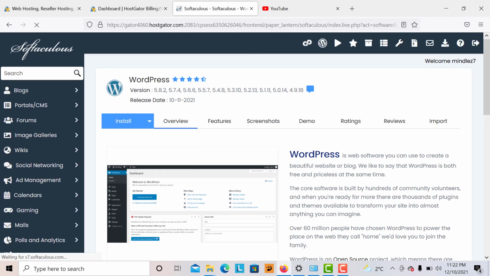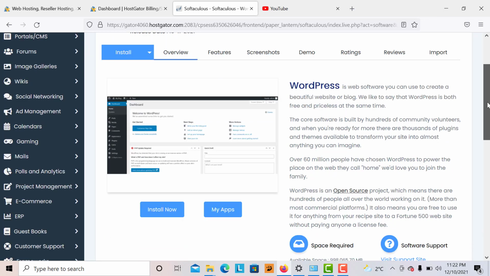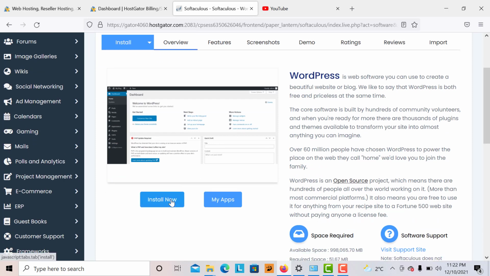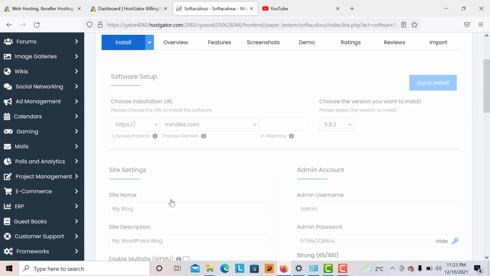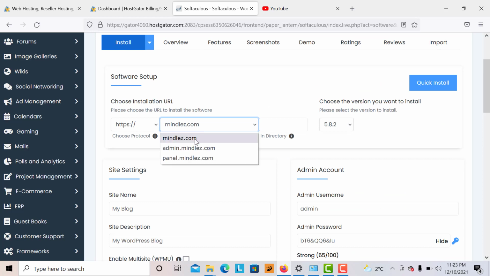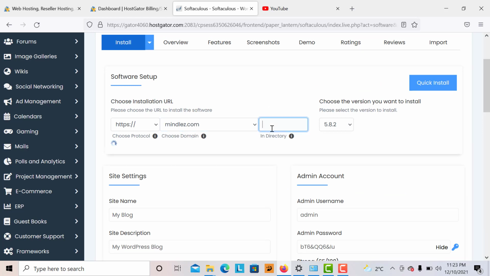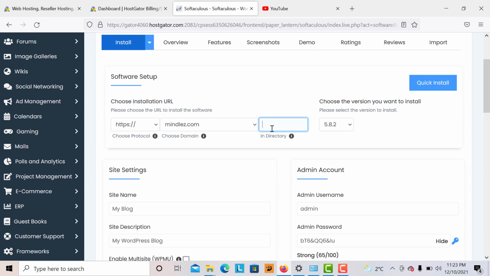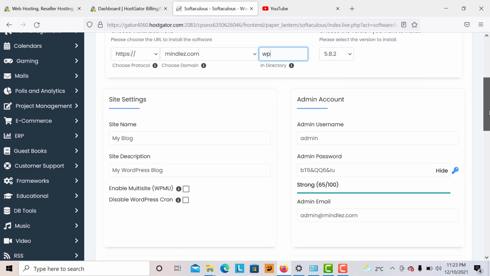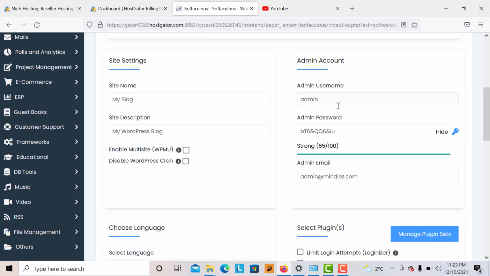And right over here, we are going to install WordPress. So I'm going to navigate to the blue button, and I'm going to click on Install Now. Select your primary domain, and right over here, the subdirectory. In your case, you can leave this empty. And I'll enter WP for WordPress, and right over here, you can use your username, your admin username,